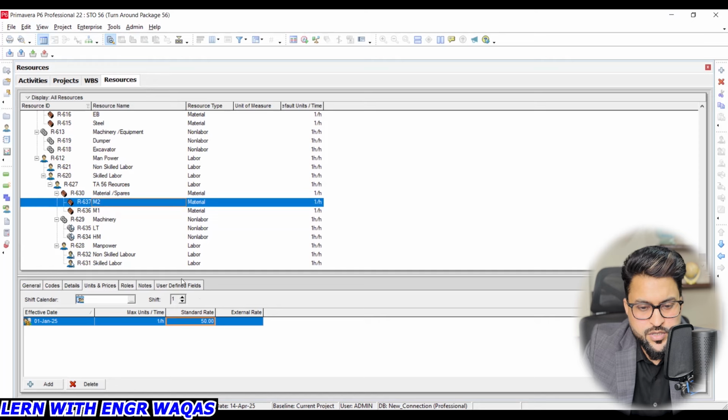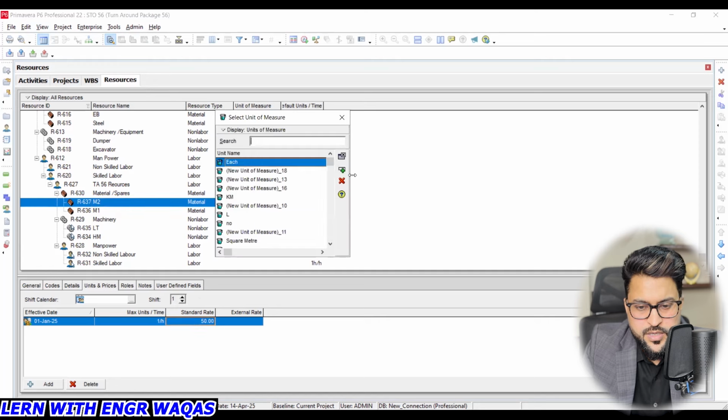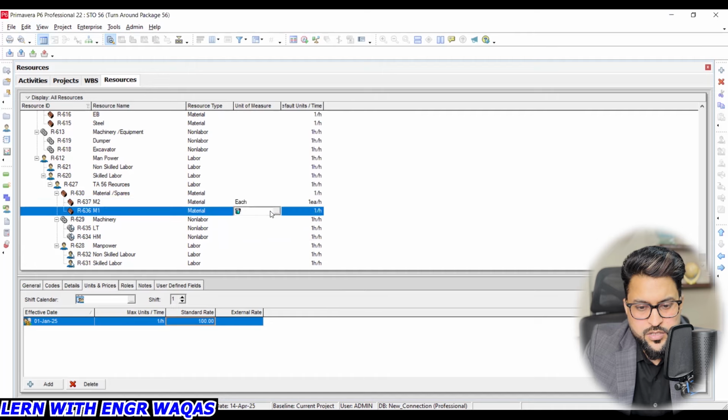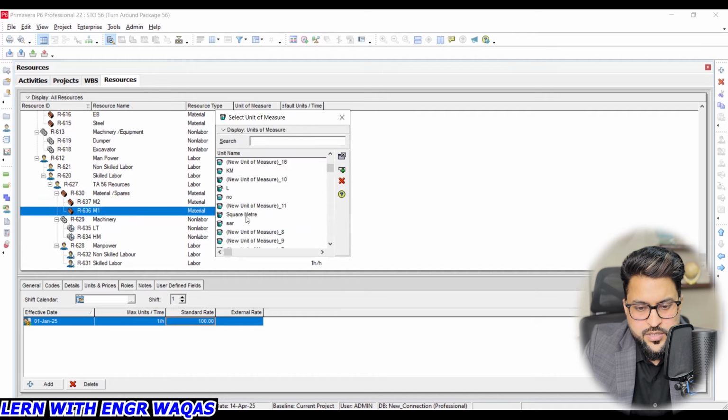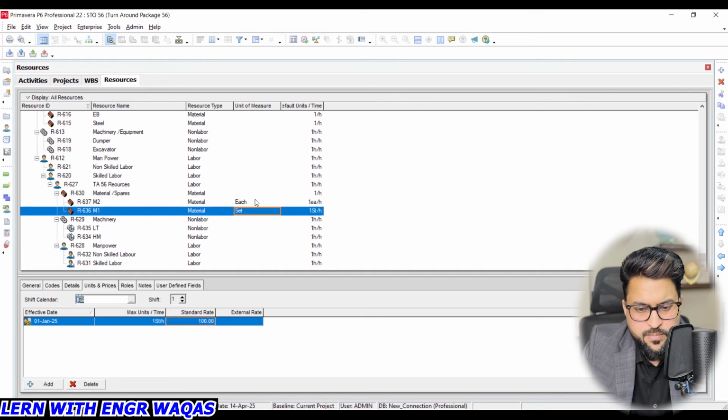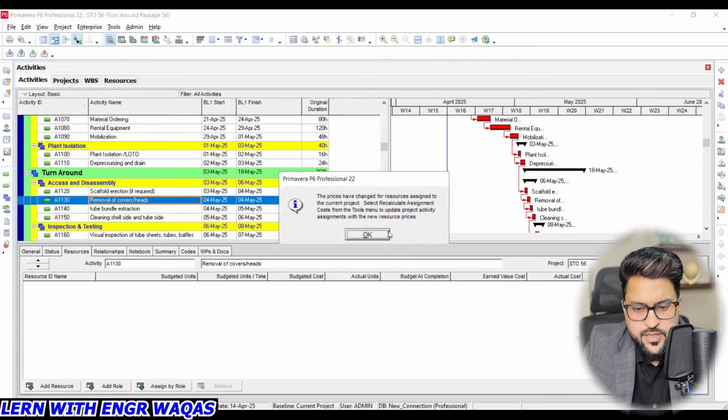So I have just costed it, right? Then the unit of measure in which category, like numbers each, is only for the material resources. Whatever the numbers are, you should get them set into your BOM, something like that: how many packages or sets there are for the material. So once it's done, you can go into the activities and you can see, okay,